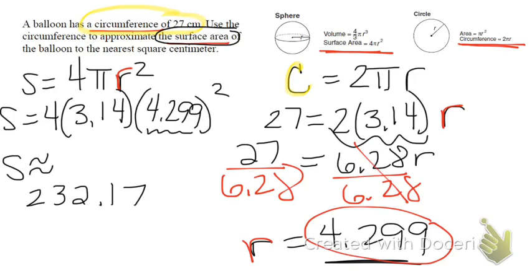Go back to the directions. It says round to the nearest square centimeter, and that means to the nearest whole number. So actually the 7 is useless. This 1 tells me that I'm going to round down and keep this 2 the way it is because the 1 is less than 5. So my final answer is that the surface area is approximately 232